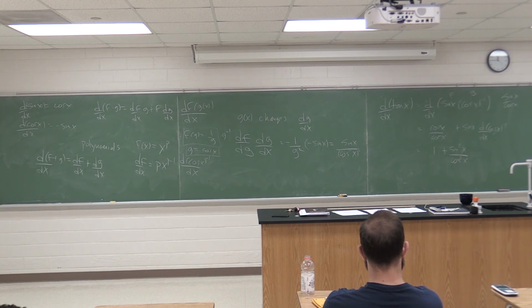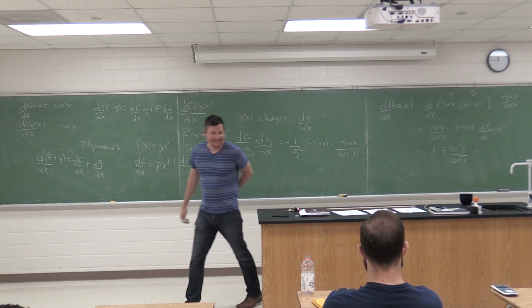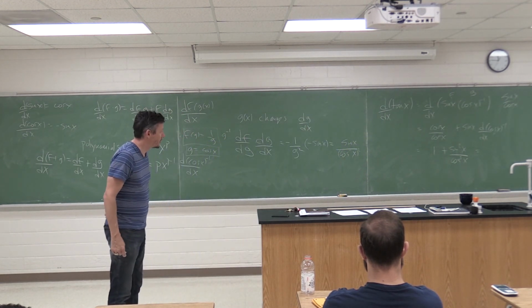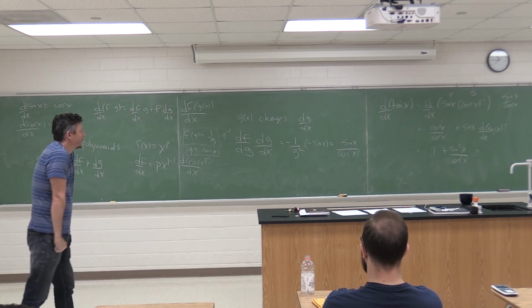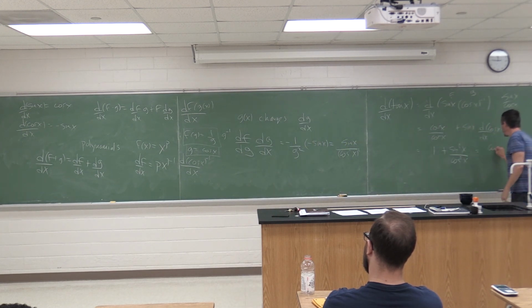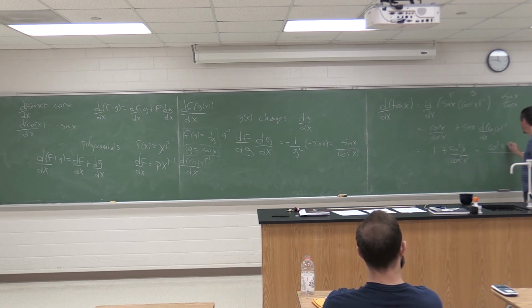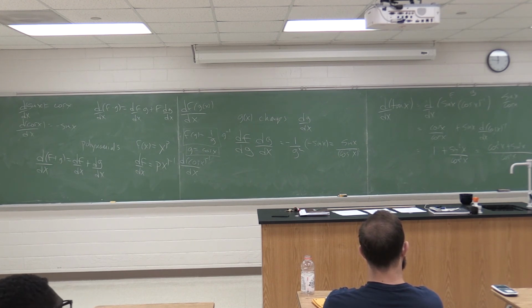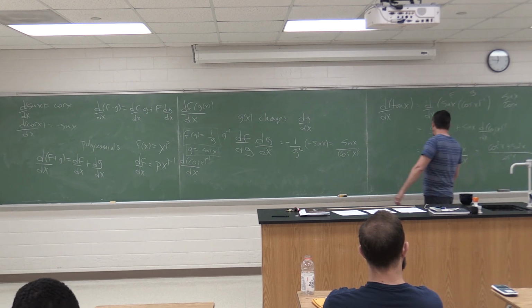And we can make it look nicer, and we can combine these things, right? How would I combine them? How would I add these things up? We're just adding fractions, right? One of the fractions' denominator is cosine squared, the other one's denominator is what? 1. So I'd write this one, I'd write 1, it's cosine squared over cosine squared. Okay. And I have sine squared. What's the numerator? Could be 1. 1. So we get 1 over